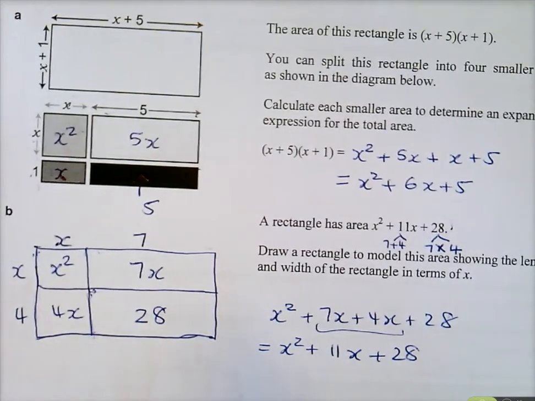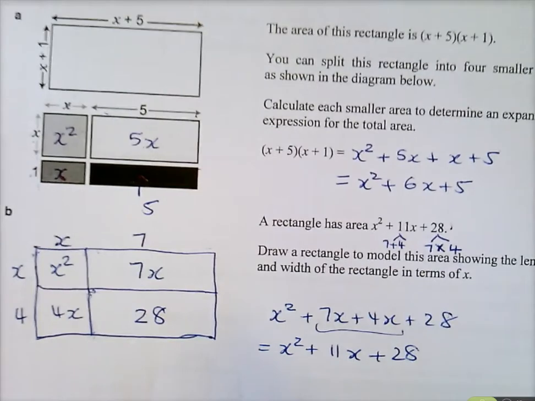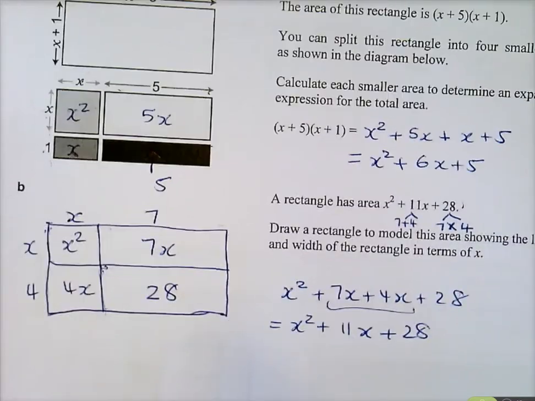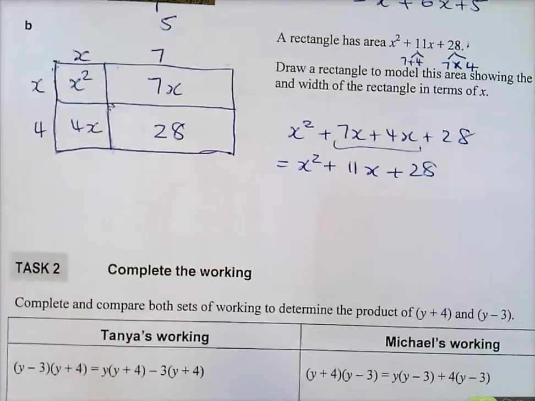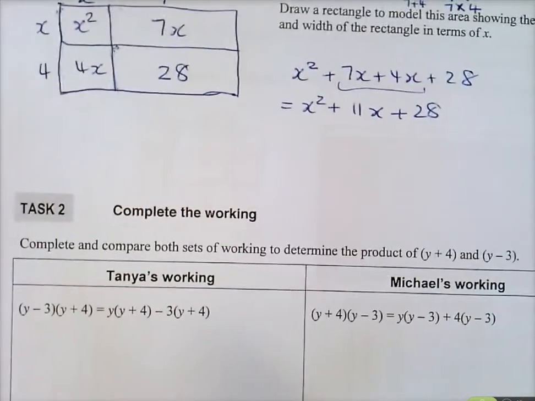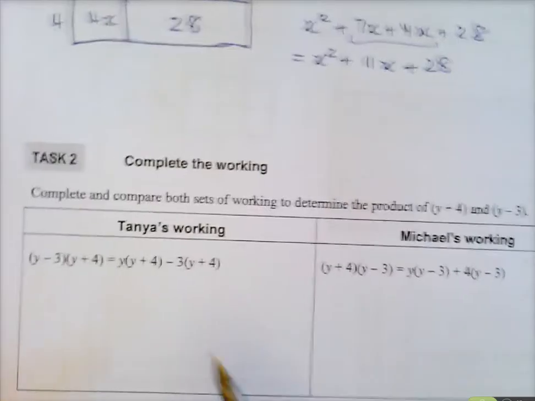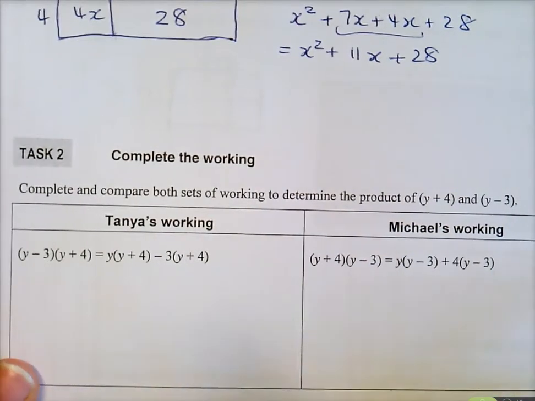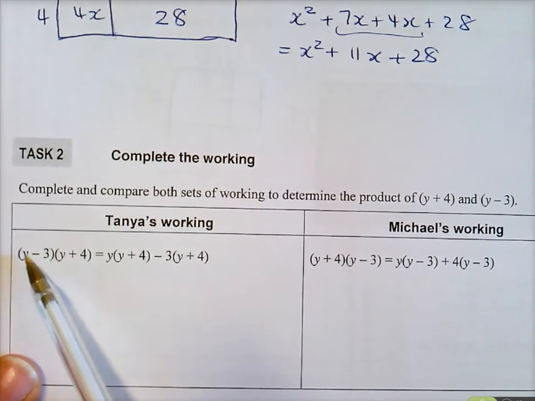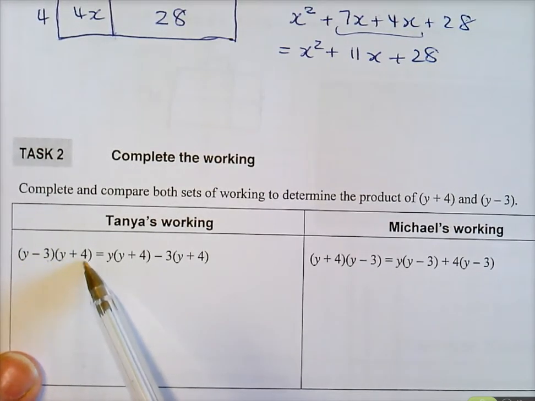Now, we're doing more of that tomorrow. That's more factorising. Today we're expanding. When you expand, I'm not even going to make you expand like this either. This takes too long, and I don't like this method. But what we're trying to show you is, if we're trying to multiply y minus 3 times y plus 4,